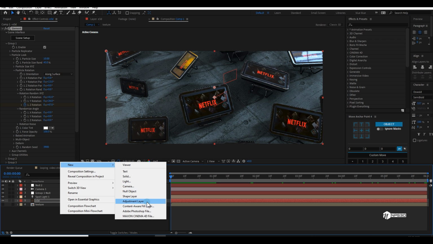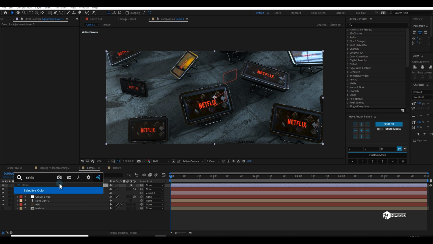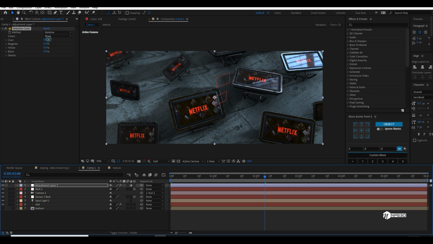And then in the end, you can create a new adjustment layer, and then you can add a selective color, and then go to the blue tone and increase the cyan value and decrease the magenta. And you can just play to create a cinematic look for your sequence. You can go to the red values and just play with them.